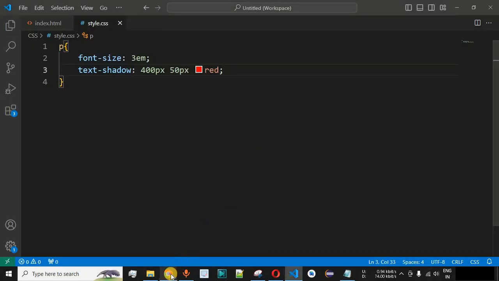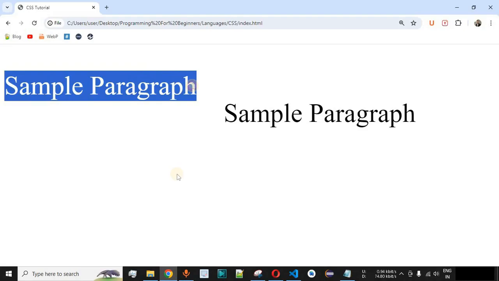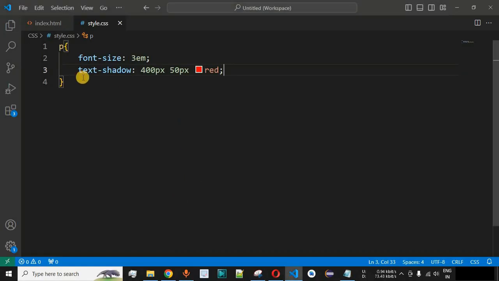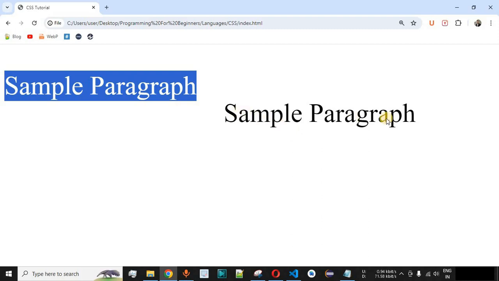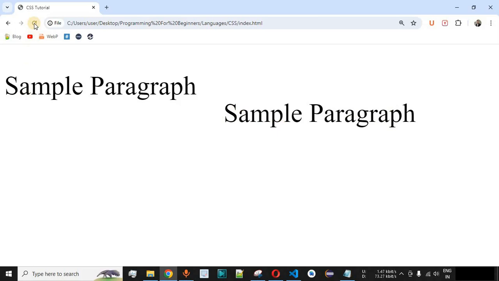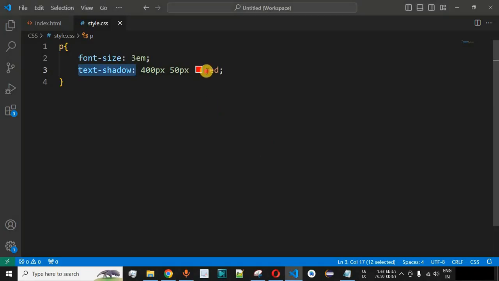So notice that we have provided the original text over here. This particular color that we have provided inside the text shadow will only be applied to the shadow for this particular text. So this is the text that should get the red color. Let me just reload this page once again on the browser. As you can see, this is the red color shadow that is getting displayed over here on the right hand side. So guys, in this way you can provide the color after the vertical shadow value.